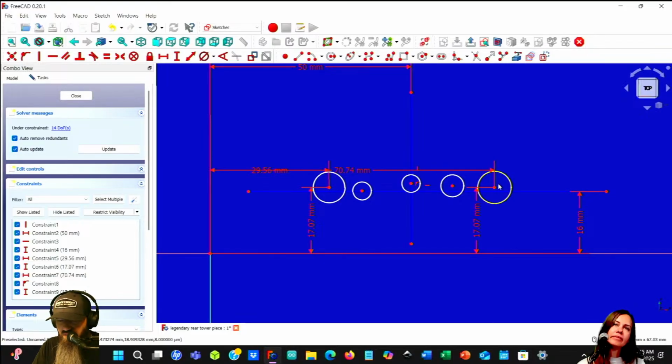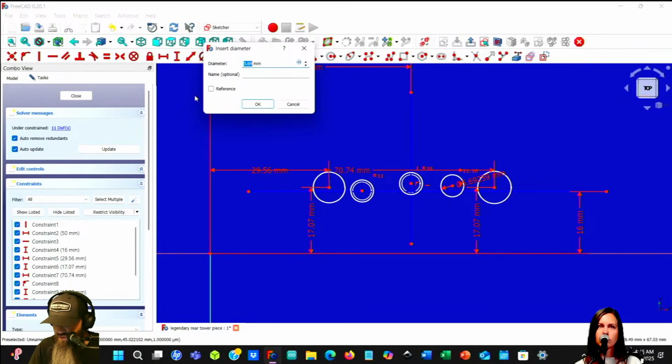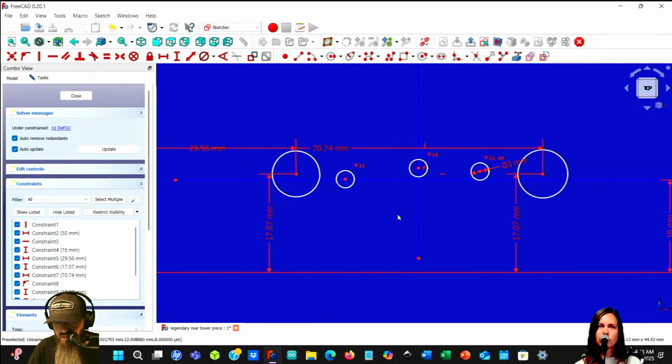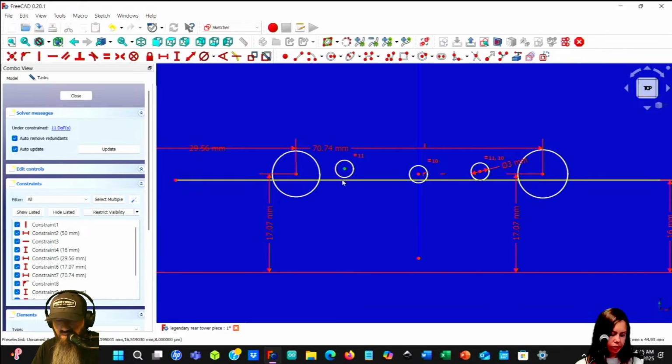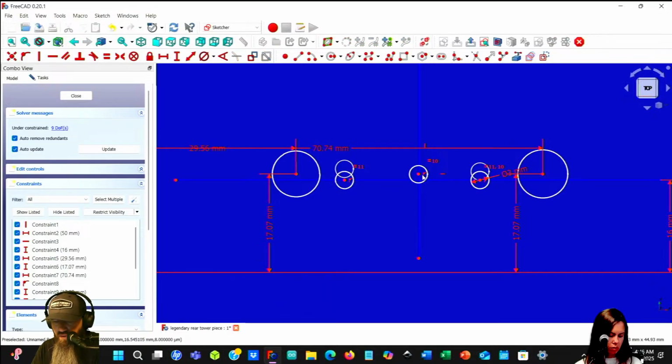Okay, so now what we need to do is define the rest of the holes. So these are all 3 millimeter in diameter. So we can do that there. See, so they're on 3 now. And then we need to know that this one is lower than these two. Are these two centered? I actually think I can just constrain that dot to the line there. And look, it's glitching again. Okay. We'll hope that stops soon. So it needs to be something like this.